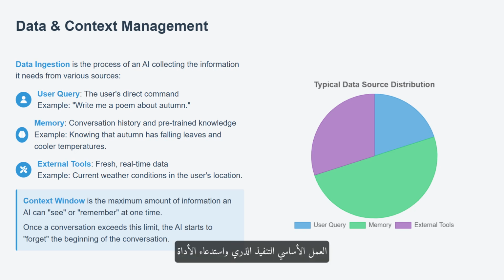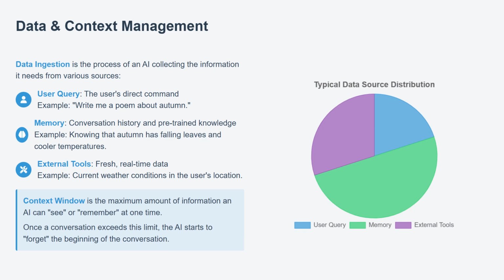Module 6, the core action. Atomic execution and tool invocation. We've reached the very bottom of the hierarchy, the most fundamental action an AI takes. This module is about the engine's piston firing, the simple core process of generating the next word and calling for help when needed. Welcome to Lesson 6.1, the nature of atomic execution.